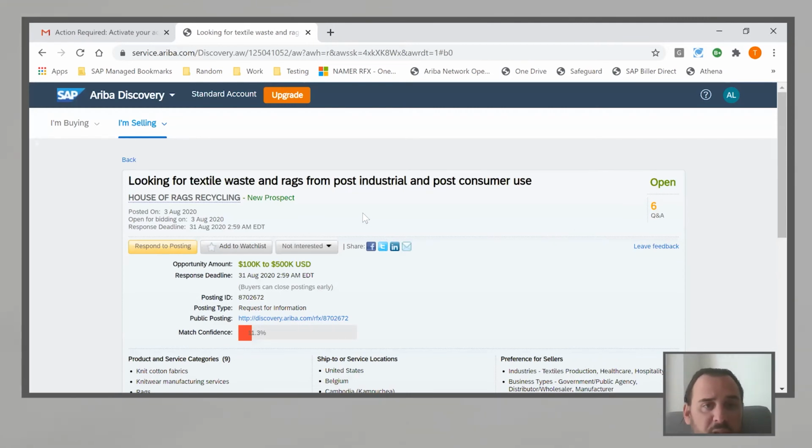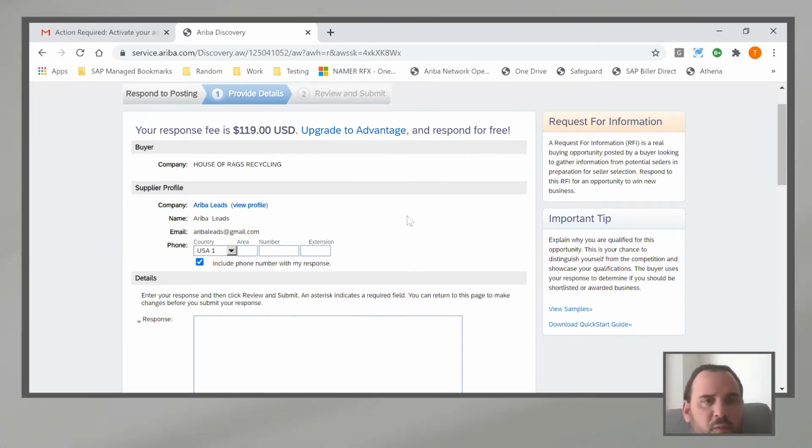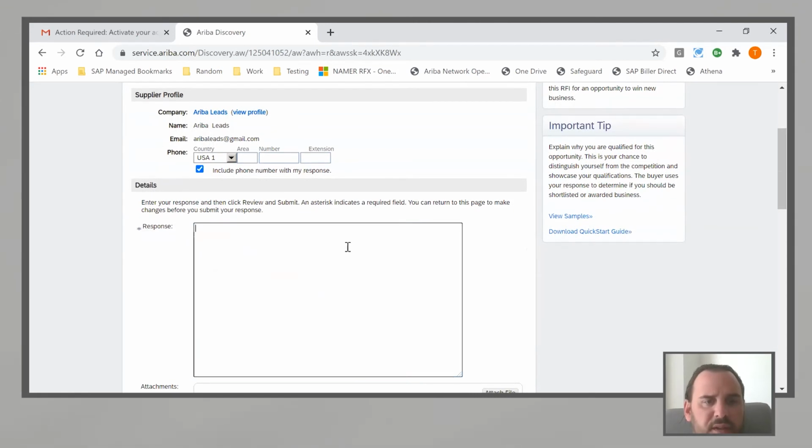If this is something that we can provide, we very simply click on the yellow Respond to Posting button, where you'll see a response fee of $119, which I will show you how to negate here in a moment. But as for your response, ensure that your contact information is included. That includes your phone number, and that you have a good response. Now, your response,